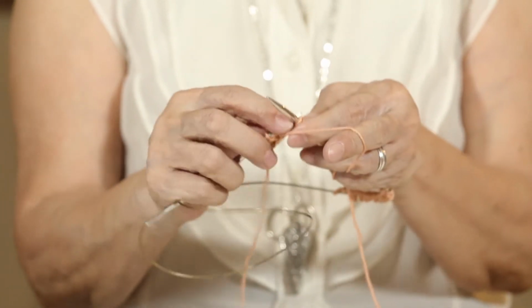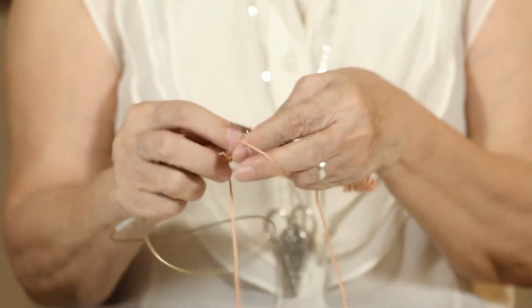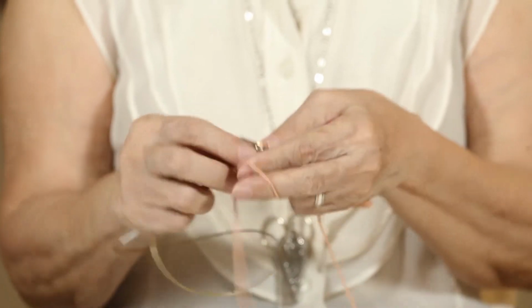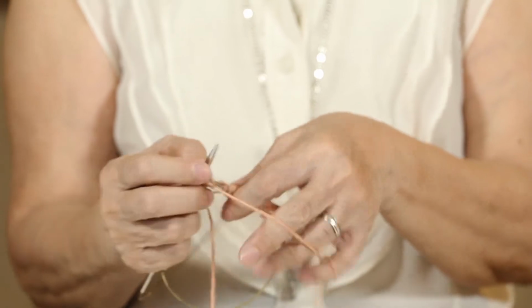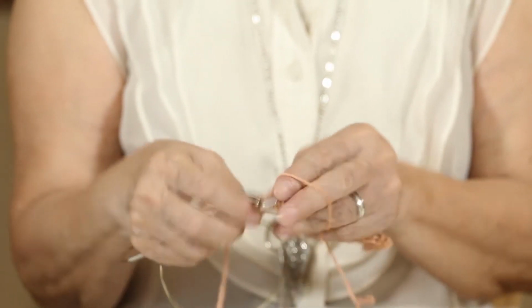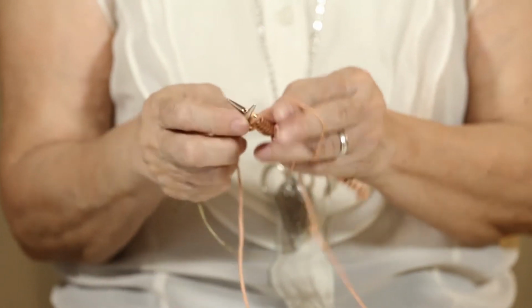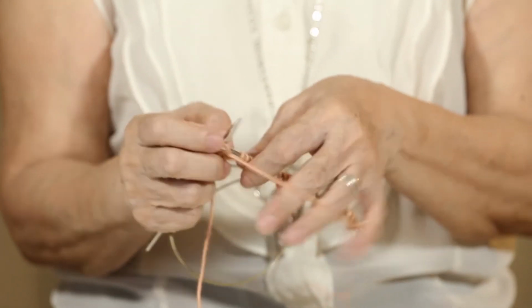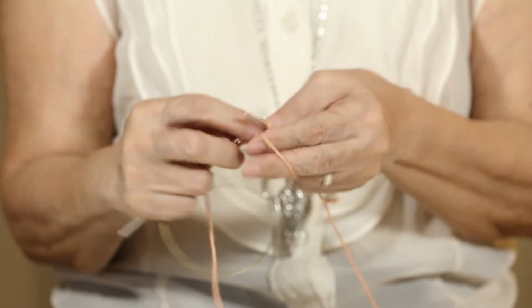So you will have to knit 40, but no, knit 1, knit front and back, and then knit the remaining 38 stitches. That will be your number of stitches on this side will become 41 because you have increased 1 stitch. So assuming that you have knitted the 40 stitches, you will reach